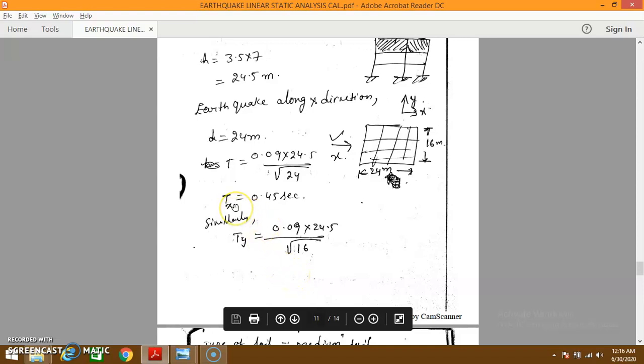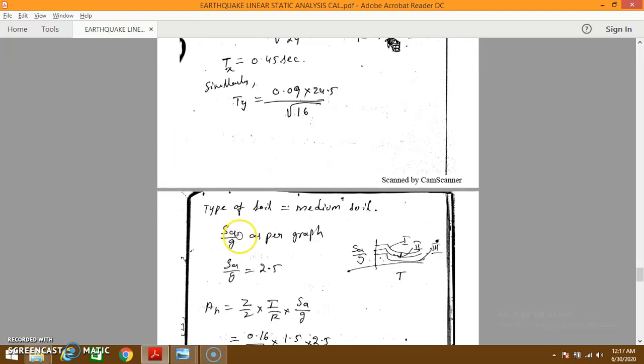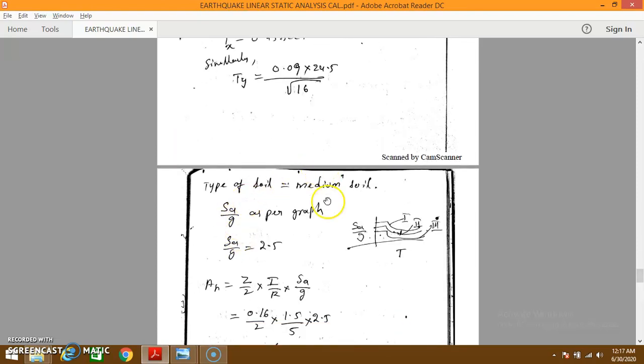Based on this time period value, we calculate Sa by g. Type of soil, medium soil. We take medium. We have 3 types of soil in this Sa by g graph for spectral acceleration: one is hard soil, 2 is medium soil, 3 is soft soil. Based on soil condition, we take the time period corresponding